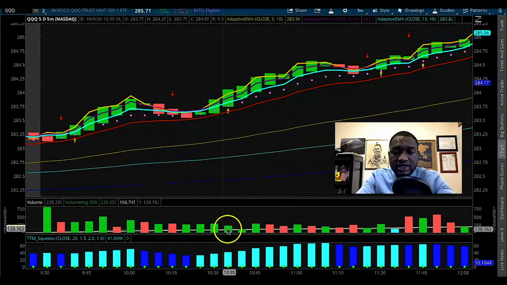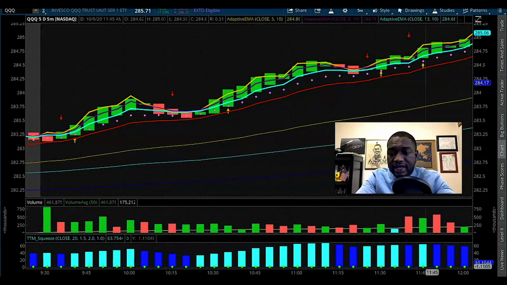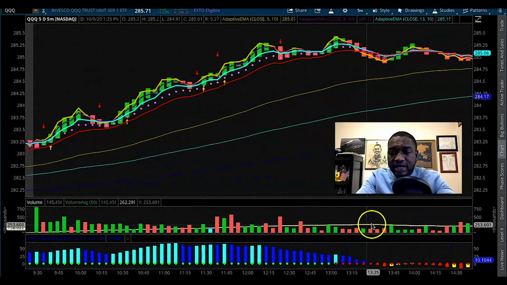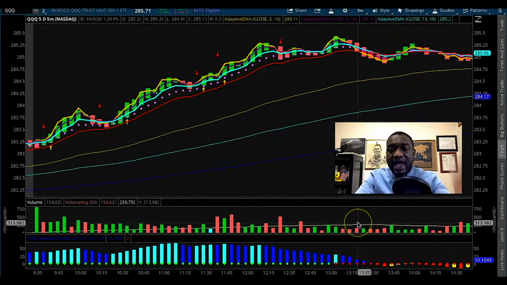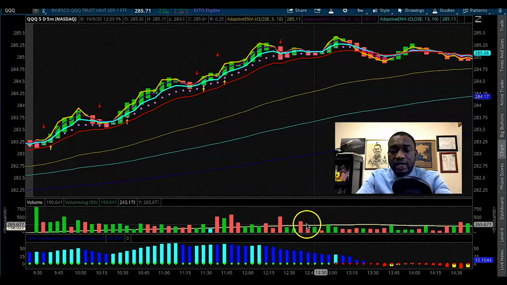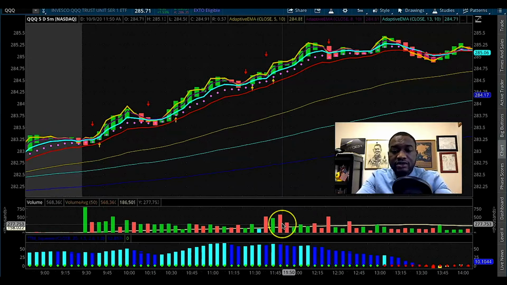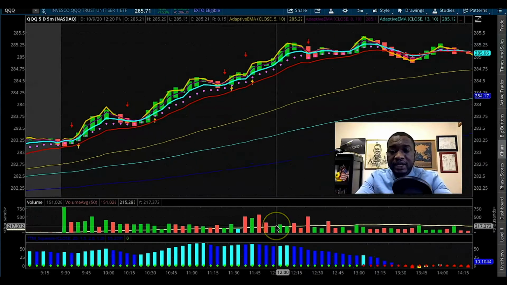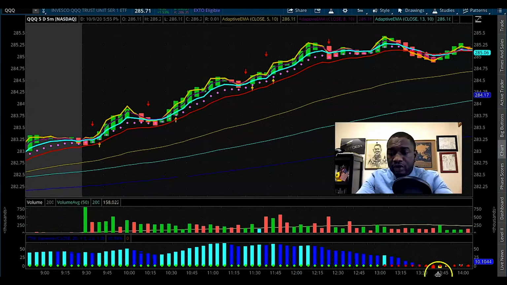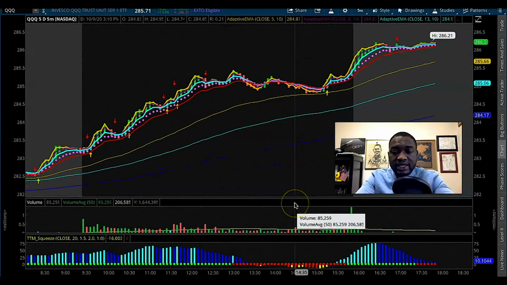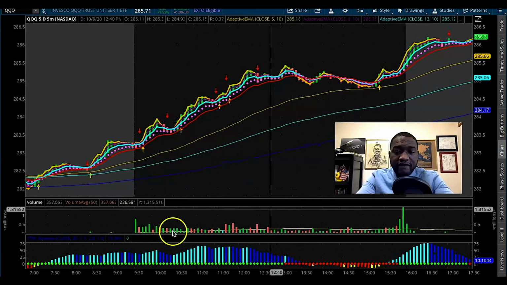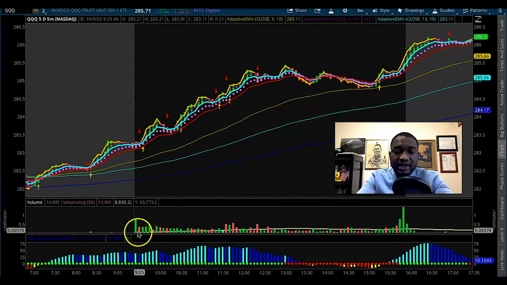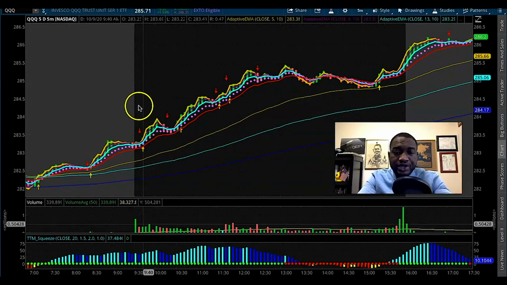You see this tiny little line that is inside the volume, this line right here? It's an average line. So it's basically the average volume that this particular stock normally gets. That is the average volume. So this helps you figure out, okay, this is unusual volume on this particular